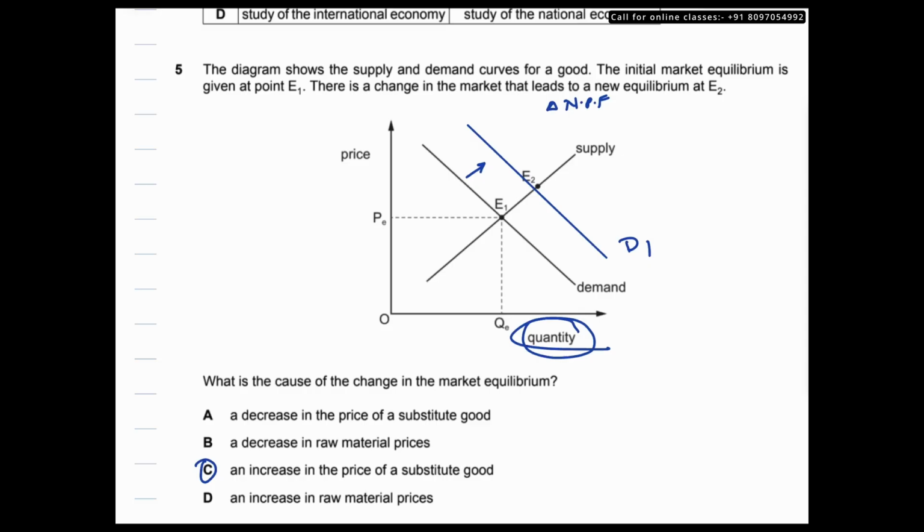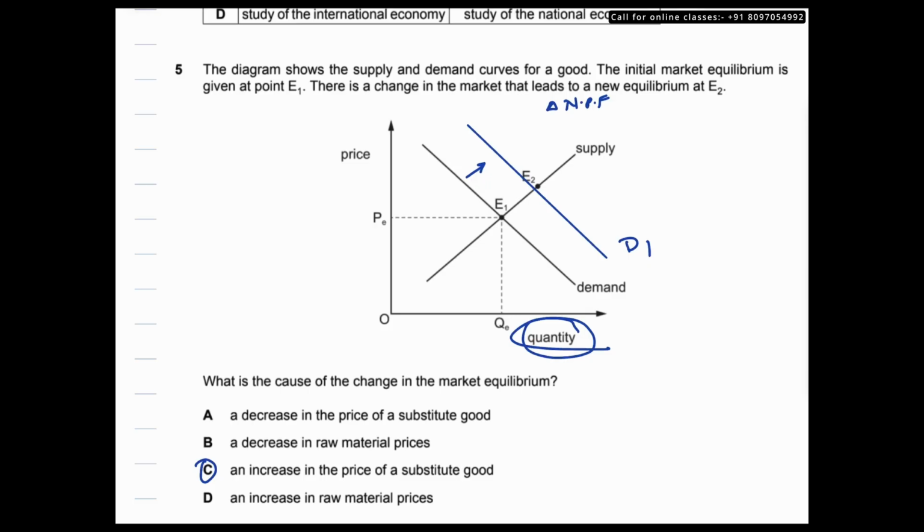Now let's see why the others are not the correct options. Option A said a decrease in the price of substitute goods. Well, this would have an opposite effect. If a substitute is becoming cheaper, people will switch away from this commodity. They would stop buying it. That would reduce the demand. Now when the demand reduces, it would shift the curve to the left, correct? And this would mean lower price and lower quantity, because the equilibrium would be somewhere over here, and that's not